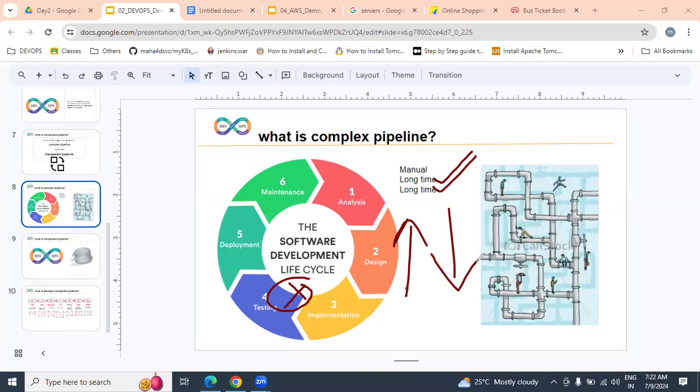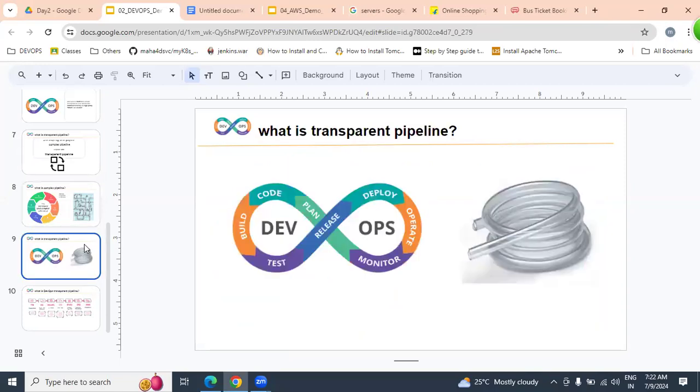Is that what we are expecting? It does not suit us. What exactly are we expecting? We are going to replace the complex pipeline with a transparent pipeline. In this DevOps transparent pipeline, everything is automated, everything is transparent.